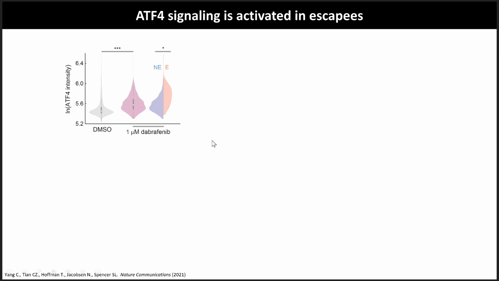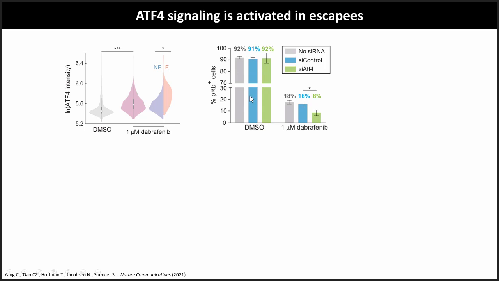So if ATF4 is important, what happens when we knock it down? Here we're looking at the fraction of SKPs, percent of SKPs marked by phospho-RB, and we can see that between control knockdown cells in blue and cells where we've knocked down ATF4, we get about a 50% reduction in cells escaping in the fraction of SKPs. And this actually seems to be largely driven by cell death. Normally we get about 18 to 20% of cells dying at 1 micromolar dabrafenib at 4 days. But when you simultaneously knock down ATF4, that shoots up to about 55%.